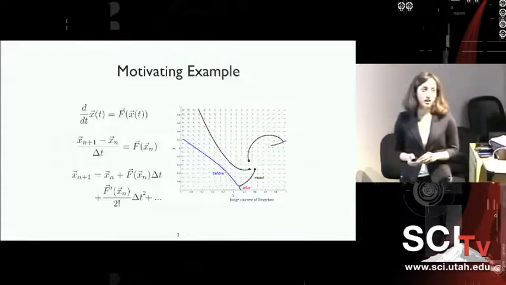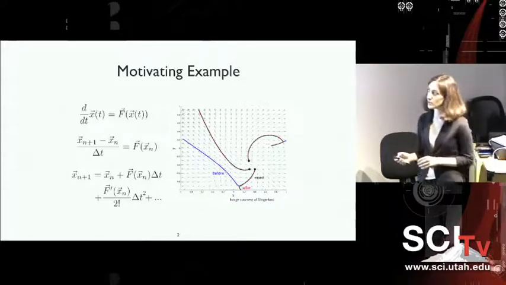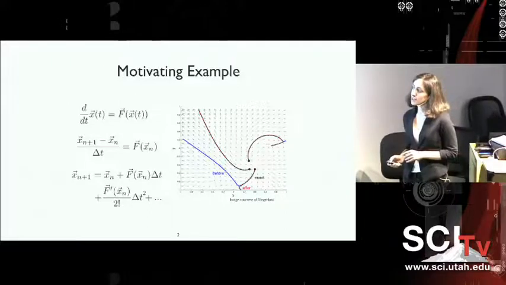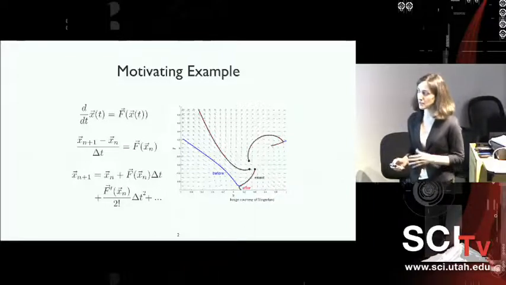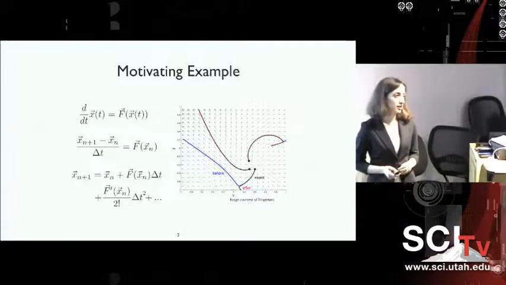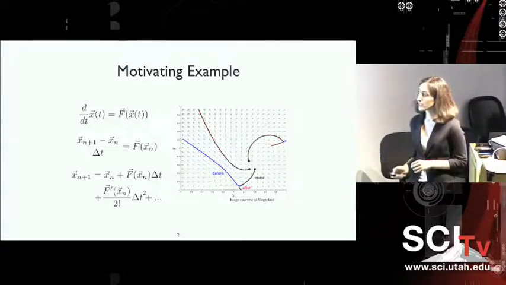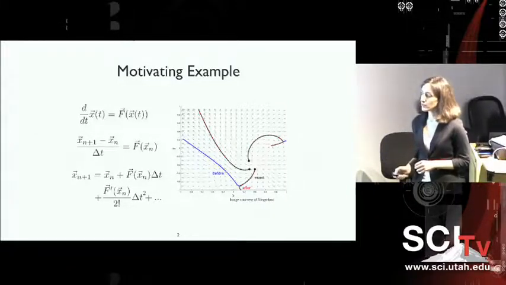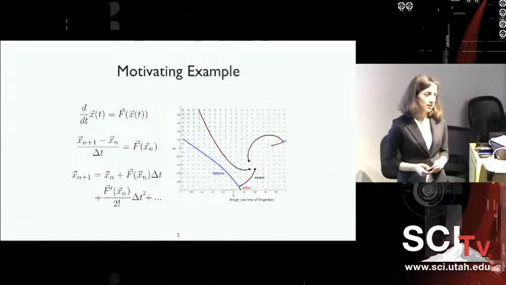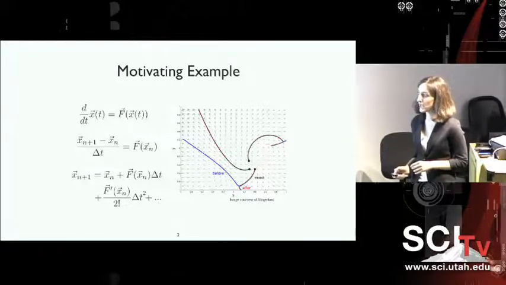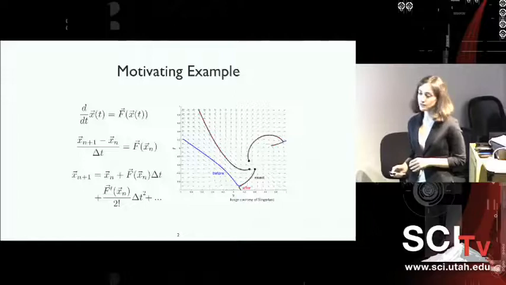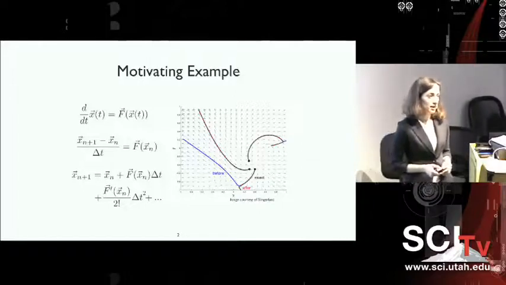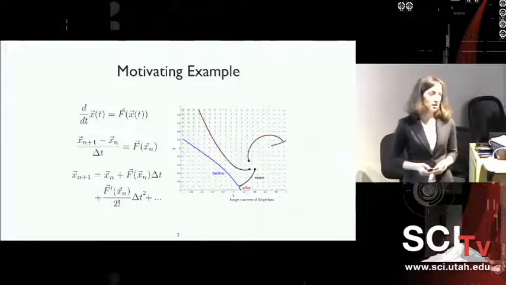There are several time integrator schemes to solve this ordinary differential equation. For example, here I have the forward difference approximation of the derivative term. But obviously, if we want to use a higher order time integrator, we can use more terms in the Taylor series expansion. But for that, we require certain levels of smoothness in our velocity vector field due to the derivative terms that we have in the Taylor series expansion. Normally, this function f is the result of some numerical approximation. And if it has discontinuities, we are not provided with the level of smoothness that we seek for our higher